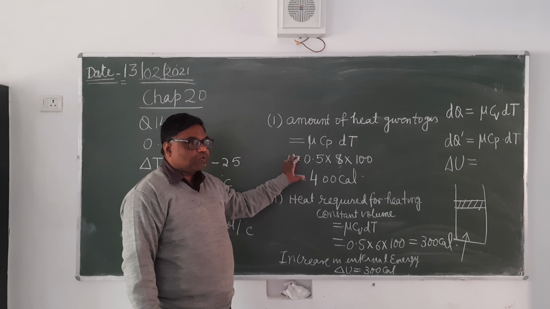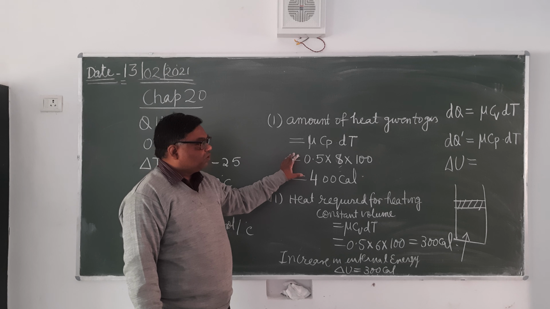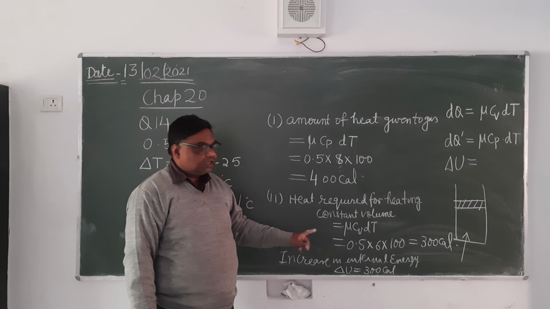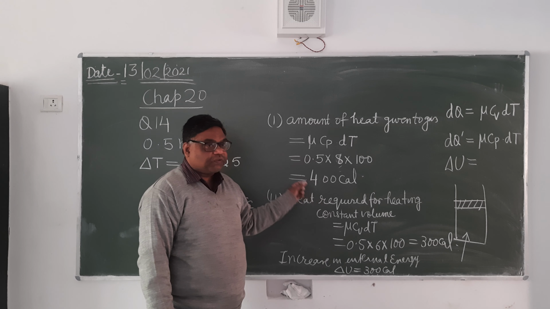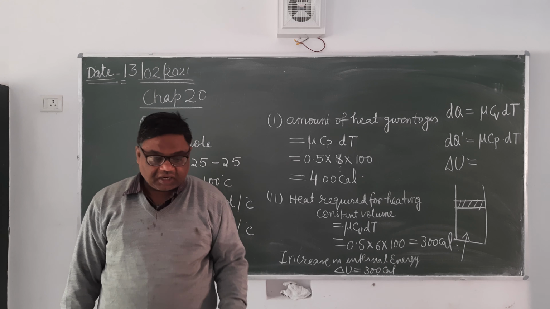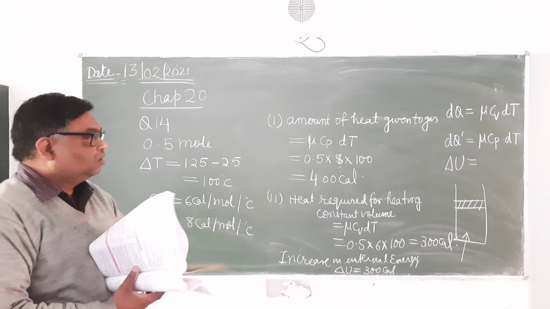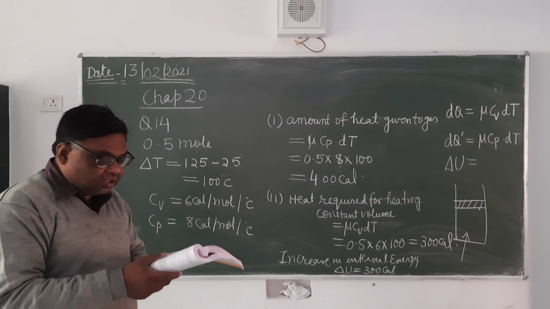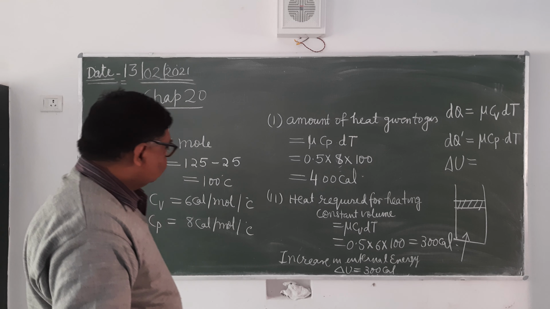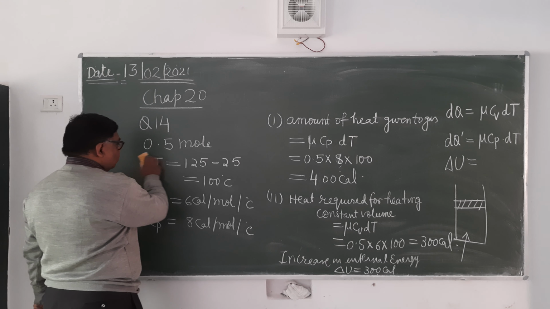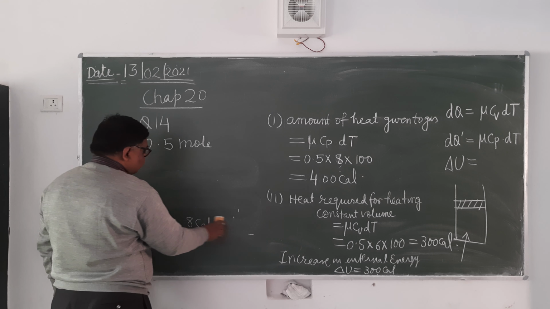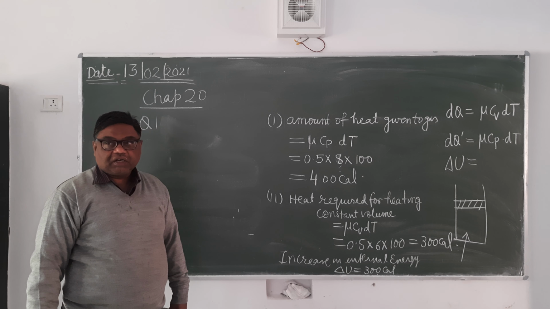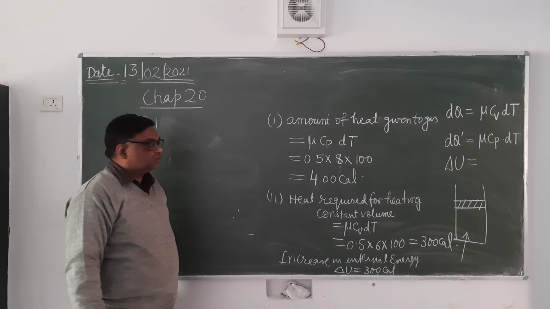400 is the total heat required. Now total heat required will be heat required for heating plus heat required for doing the work. Heat required for heating is 300 calorie. So for doing the work, 400 minus 300. In this question, that third part has not been asked, but in the next question it has been asked. So you can see here, see the next question. नेक्स्ट क्वेश्चन में तीनों पार्ट पूछे गए. मतलब अगर यहाँ पर ये पूछा जाता what is the heat required for doing the work, मींस दिस माइनस दिस.